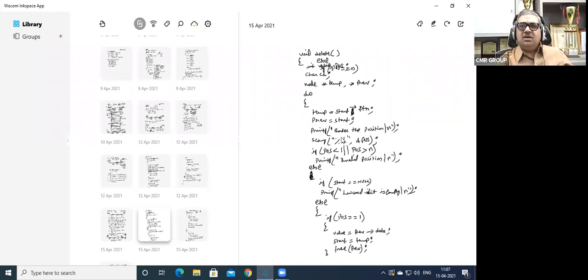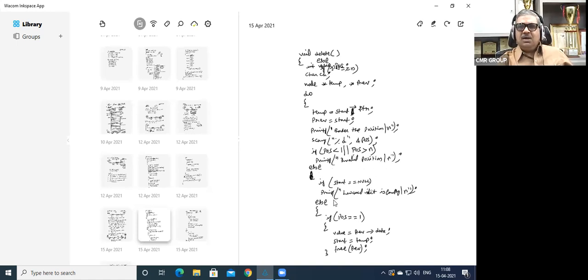But in the case of the first node, it is the previous which gets deleted. So in the do while loop, first we have initialized temp as equal to start arrow ptr. That is, the second node address has been assigned to temp, and the first node address has been assigned to previous. So you are asking for the position where you want to delete, enter the position, and you have stored it in pos. And you're checking whether pos is less than 1 or pos is greater than n, that is an invalid position which is being given.